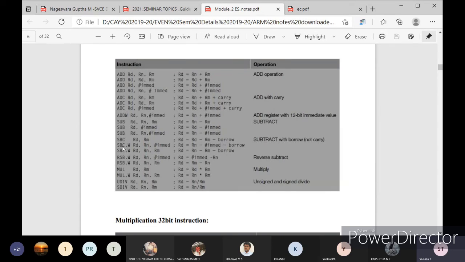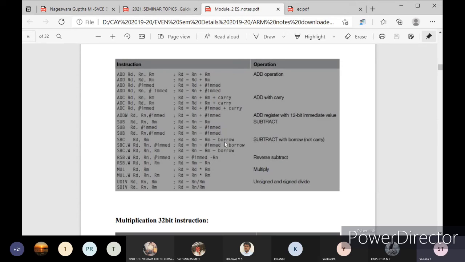If you are going for subtract with borrow, then SBC. You can see that for subtract with borrow, we use C, because borrow cannot be represented separately here; carry will also represent your borrow function. For that reason SBC is taken as subtract with borrow.